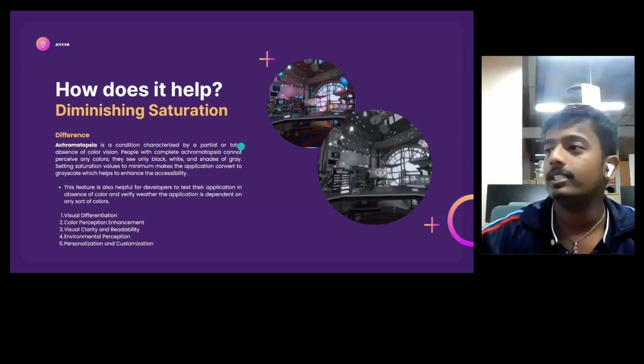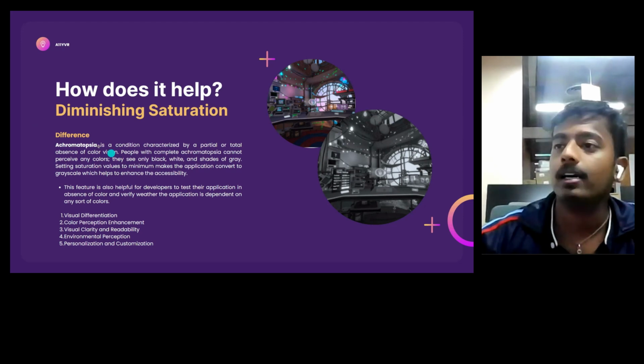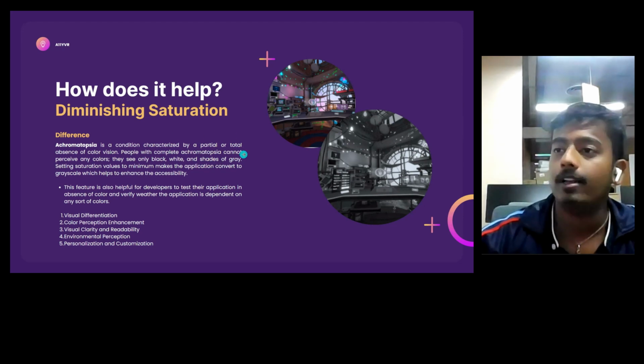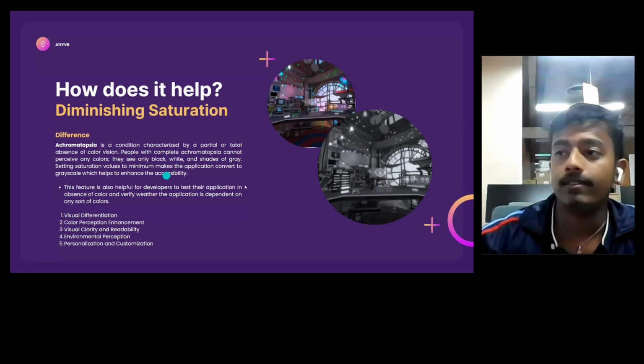Next, moving to the saturation feature, it creates a huge difference for users who have achromatopsia. This is the condition where someone partially or totally lacks color vision. People with complete achromatopsia cannot perceive any colors. They can see only black and white and some shades of gray.